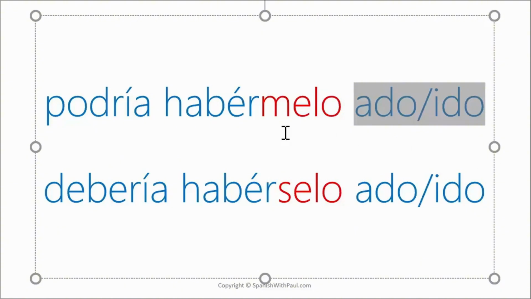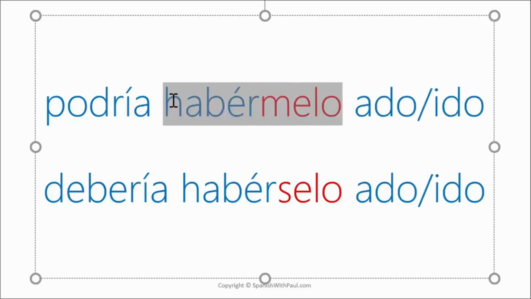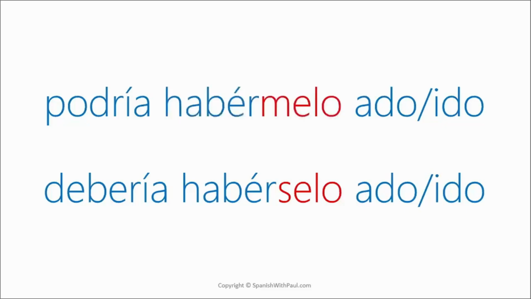If you found it a little tricky to hook on these pronouns onto the end of haber, that's perfectly normal, because this really makes very little sense in a literal way in English. So it's important that we hold on to the structure. Whenever you see an it to me, it to her, him or them, whatever it is, you simply take those sounds of melo, telo, selo, noslo, and hook them on to haber. If you try to do a literal translation, you'll find yourself getting very confused. So that's definitely to be avoided.